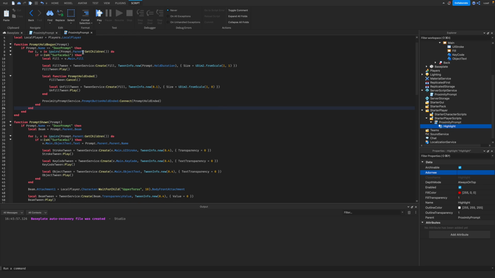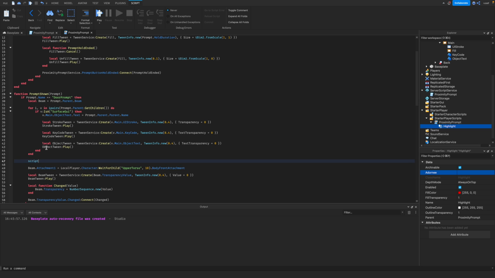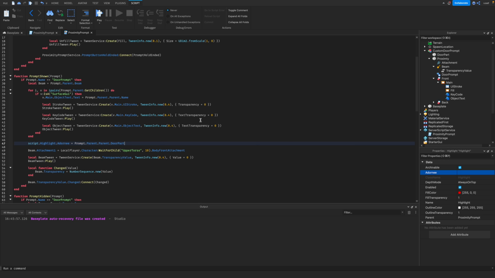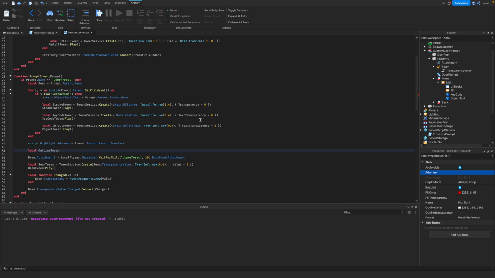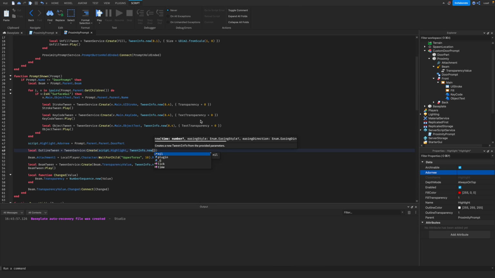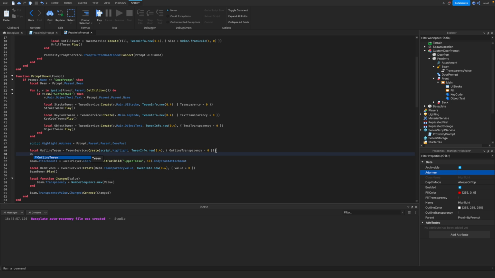Then in the proximity prompt in the client side, we're going to want to go to prompt shown, and here we're going to want to do script.Highlight.Adornee equals prompt.Parent.DoorPart. Then we're going to need to tween the outline transparency with local outlineTween equals TweenService:Create, script.Highlight, and then for the tween info we can do 0.4 seconds, and for the property table we can do OutlineTransparency to be 0. Then we can just play the tween with tween Play,